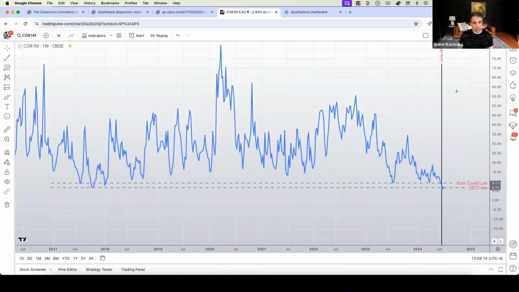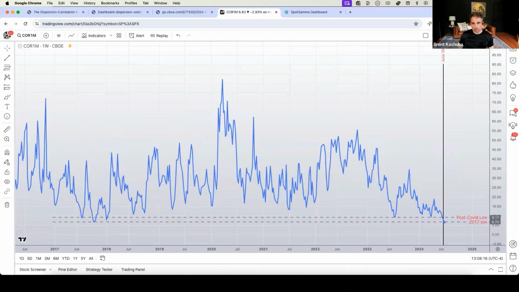All of you who've been on my calls in the past know that if correlation moves to 1, it's telling you that all stocks are being bought or sold in unison, right? You could think of it as, instead of people worrying about what stock should I buy, NVIDIA is going to outperform Costco or whatever, it's we have to get the heck out of equities and into bonds because global pandemic, right? Or whatever it may be. And so you get correlation moves like that.